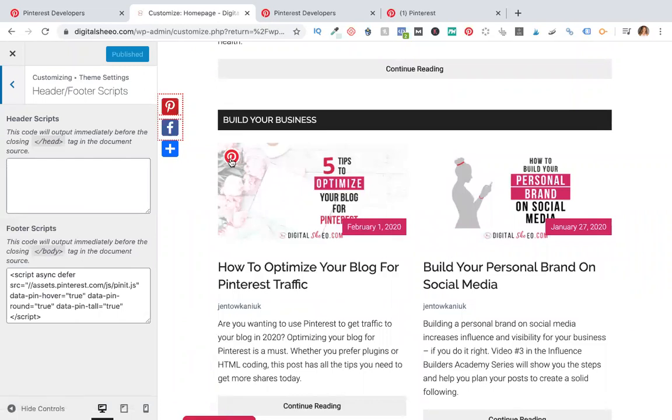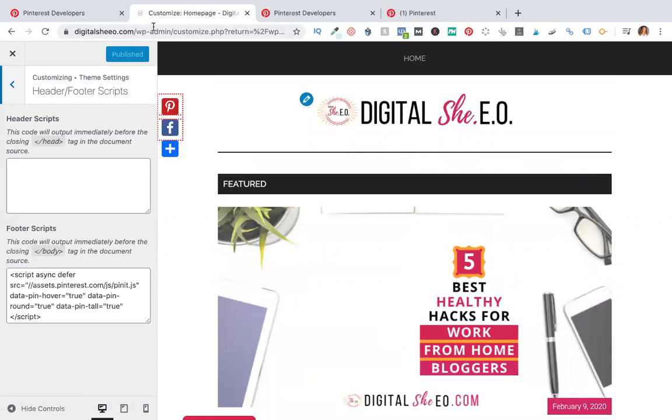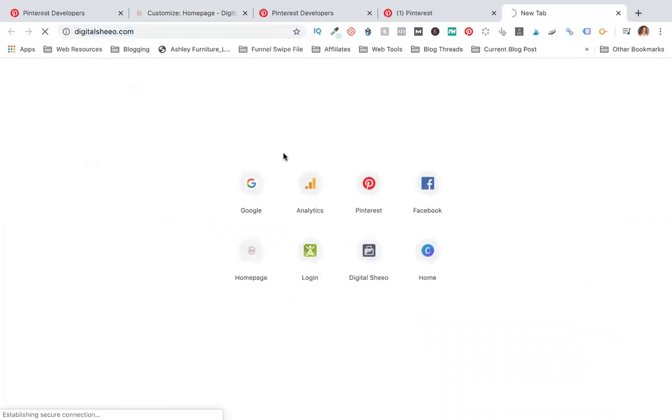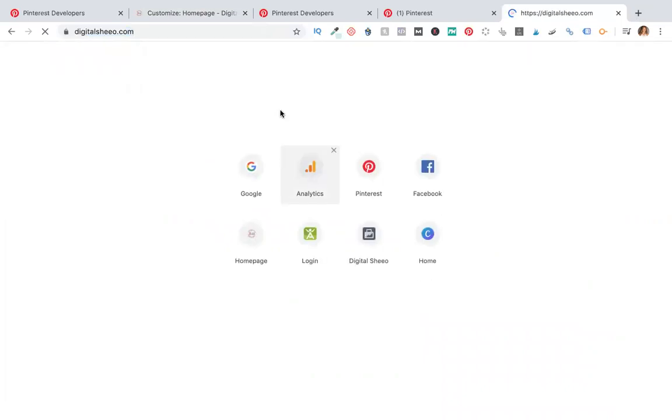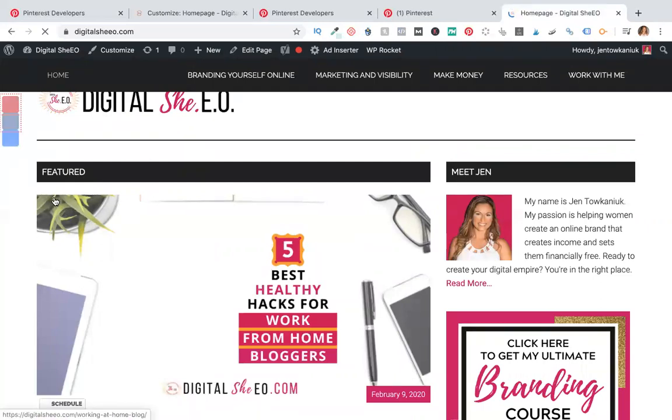So we want to make it as easy as possible for people coming to our blogs to be able to pin our information. So if you see this, let's go back to my blog just for fun one more time, because I'll show you that I have both, because that's what I do around the internet, is I run around and I pin other people's things. So you'll see on my page that not only do I have the round pin it button that I added through that footer script,